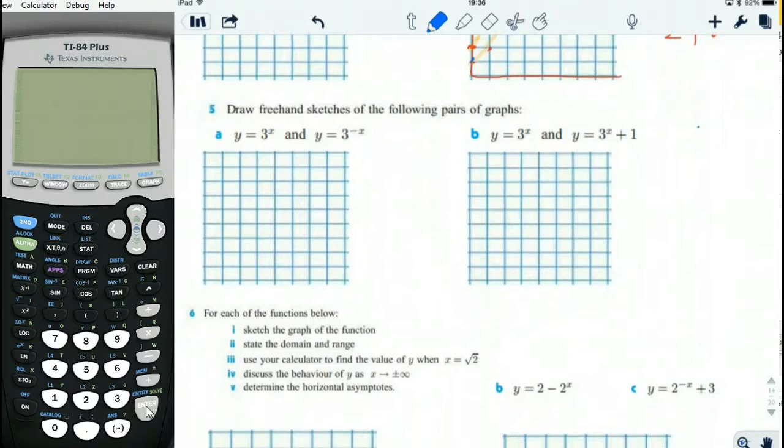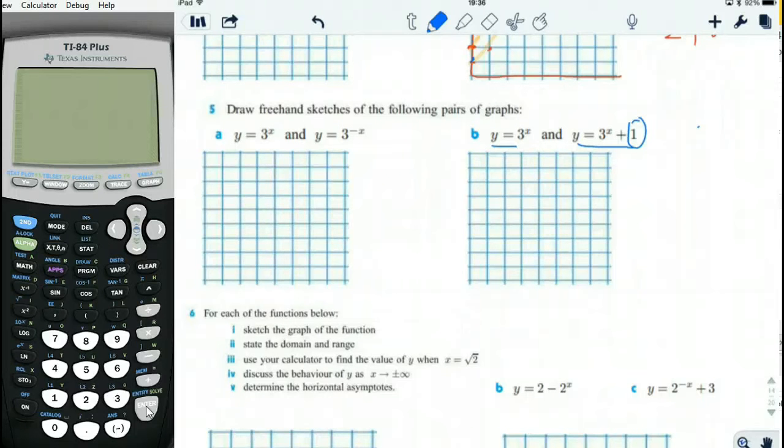Draw freehand sketches of the following pairs of graphs. We have y equals 3 to the x and y equals 3 to the x plus 1. Now remember, when you add the k value, it basically just moves the graph up and down. So if we have y equals 3 to the x, we would graph that as,